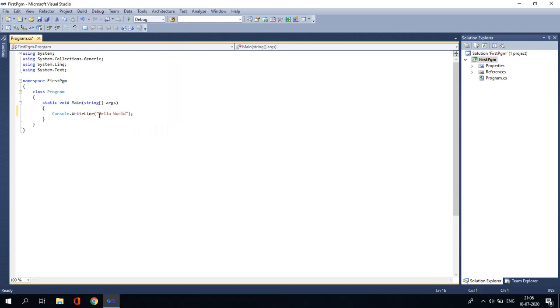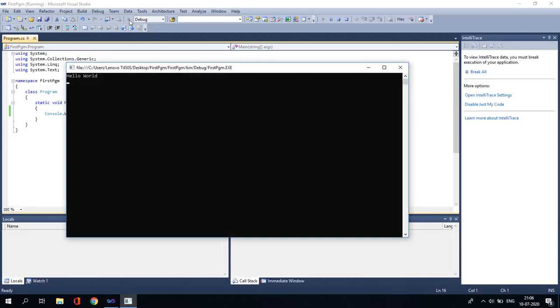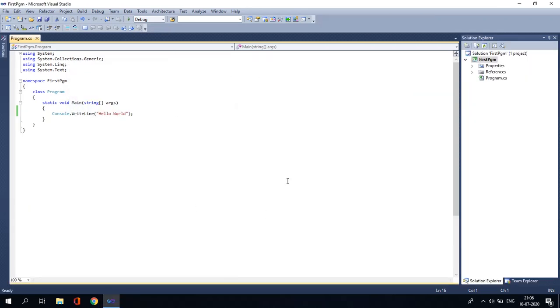We are supposed to get this hello world output, but what happens? I am running the program, some output screen came and it disappeared immediately. Now why does this happen? I need to tell the console that the output window should stop. Let me see the program's output and then it should go. Let me be able to read the output and then it should disappear. So I have to mention this line, console dot Read.